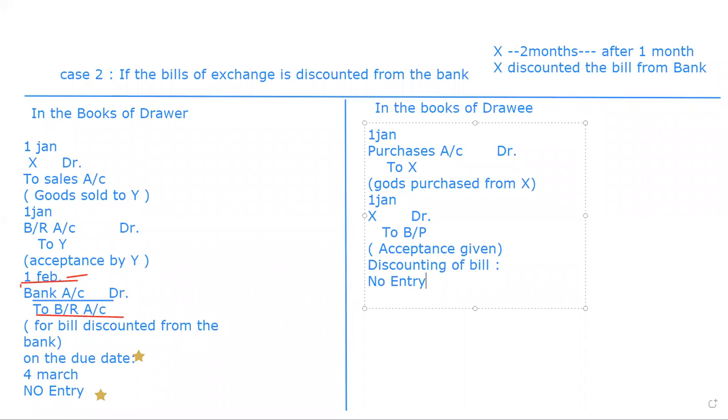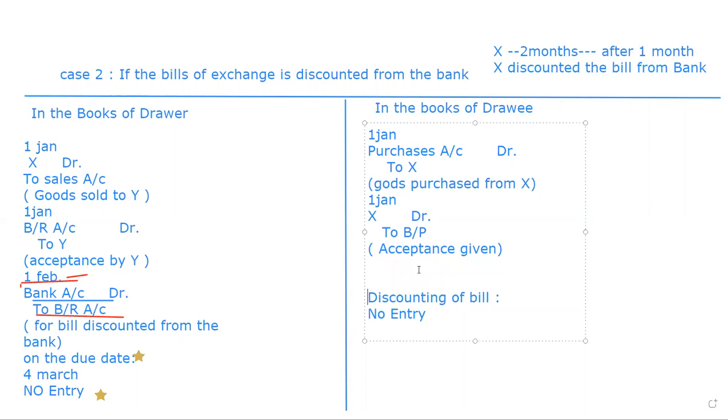So at the time of discounting, no entry is to be passed in the books of drawee, on 1st February. But on the due date, that will be March 4th,